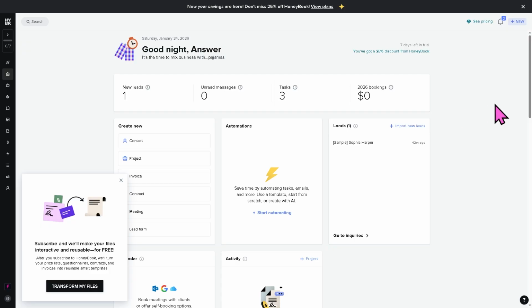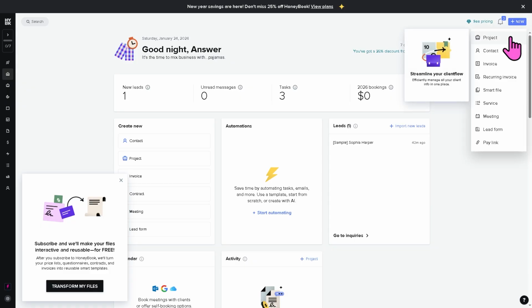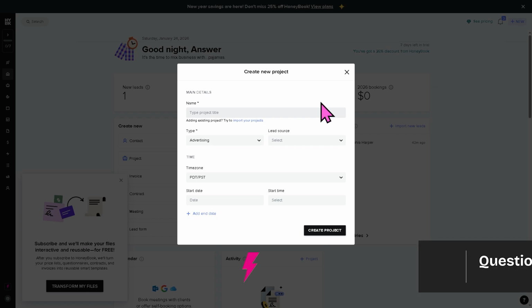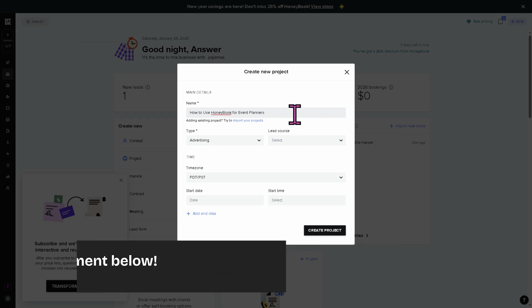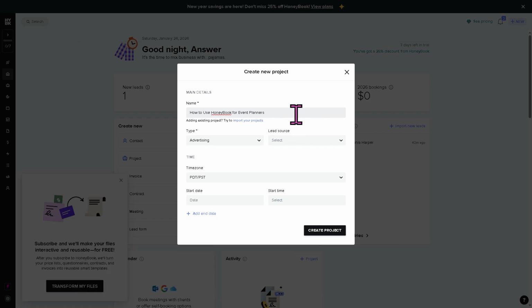Now, once you are logged in here in HoneyBook, I want you to go to the top right corner where you see the new button. And all I have to do at this point is to create a new project, and we are going to create an event planner. Okay, so for the type, that's going to be marketing because we are going to create